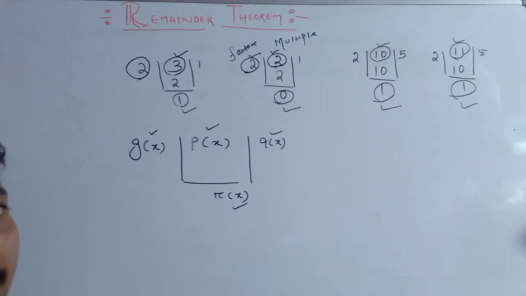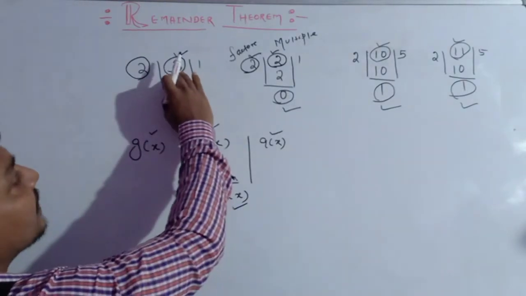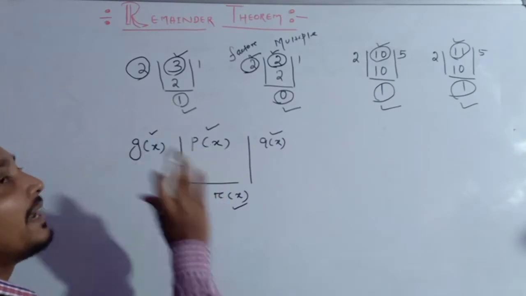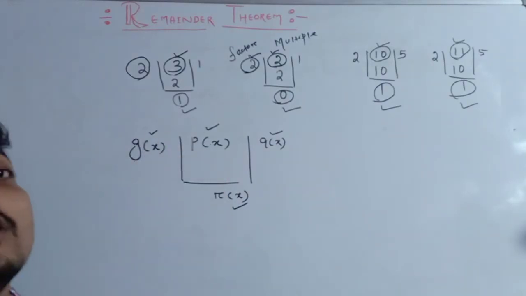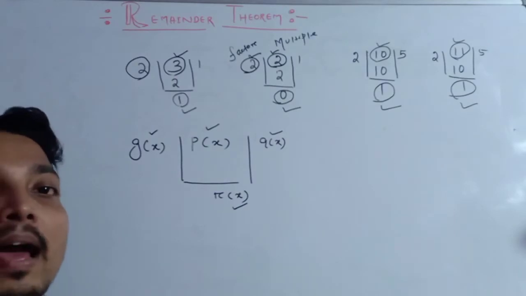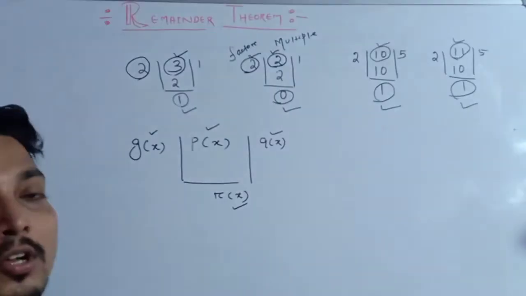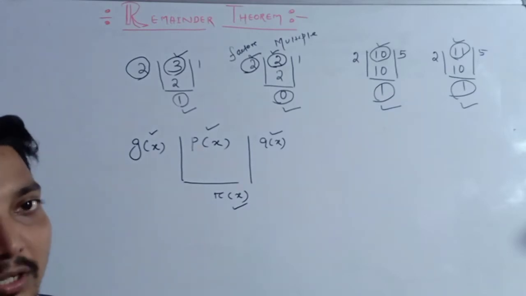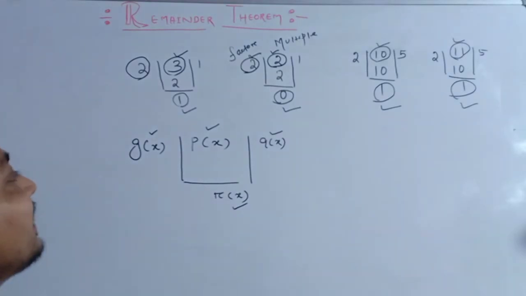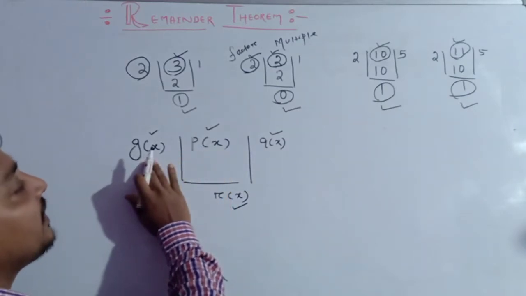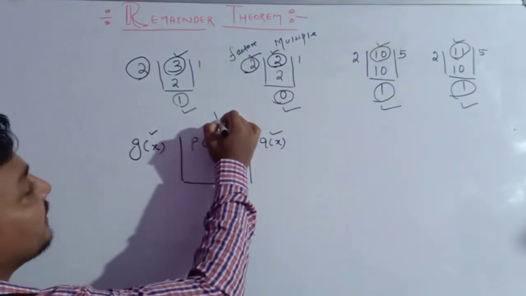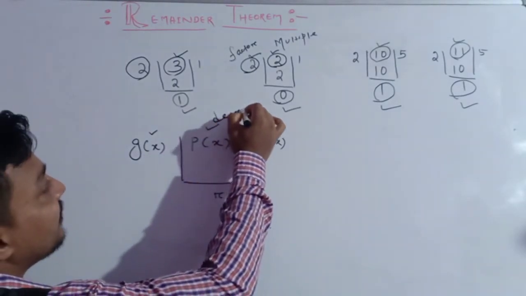But here, with numbers we could say which is greater, but we cannot say which polynomial is greater. Polynomial comparison was not taught to you, so we cannot compare which polynomial is greater and which one is smaller. Here the comparison will be done depending upon the degree, so you must remember, we will do the discussion regarding the degree.